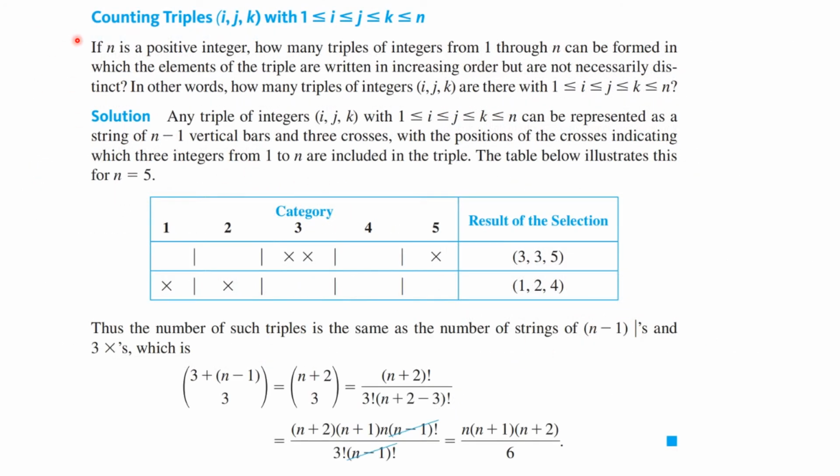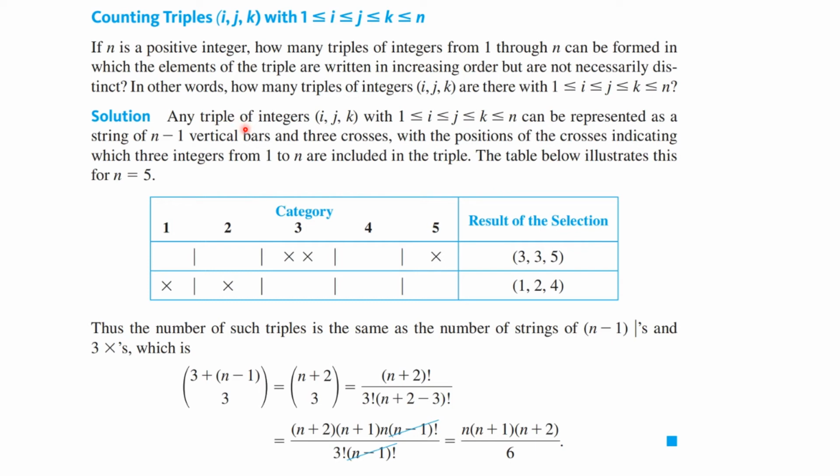Another example, let's talk about counting the number of possible triples, of the form I, J, K, with 1 less than or equal to I, less than or equal to J, less than or equal to K, less than or equal to N. So we're going to let N be a positive integer. How many triples of integers 1 through N can be formed in which the elements of the triple are written in increasing order, but not necessarily distinct? In other words, how many triples of integers I, J, K are there with 1 less than or equal to I, less than or equal to J, less than or equal to K, less than or equal to N? Well,